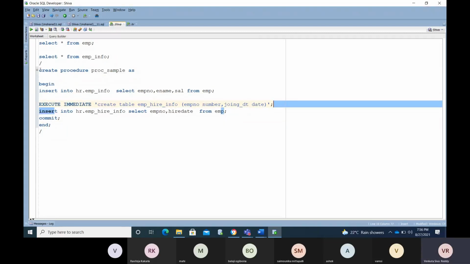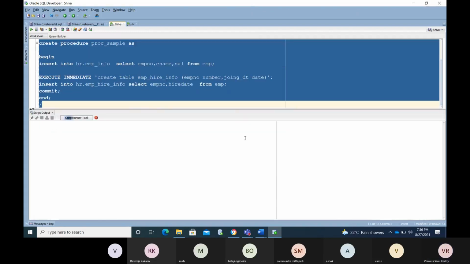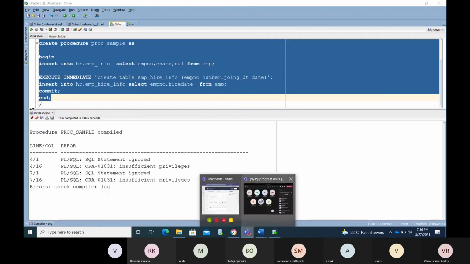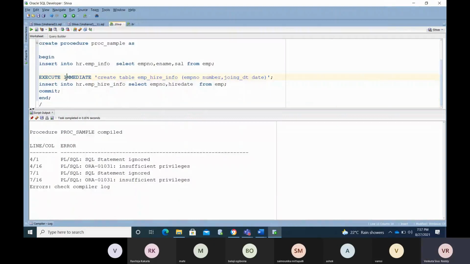In PL/SQL, each and every line must be terminated by a semicolon. See, it is showing insufficient privileges. Why is it showing insufficient privileges?